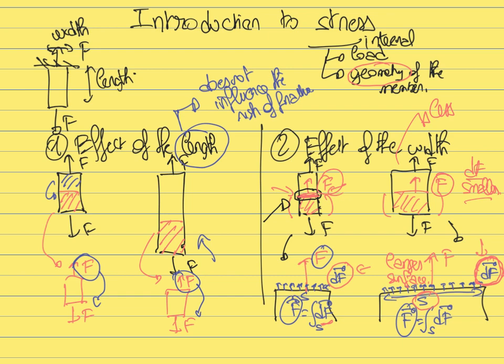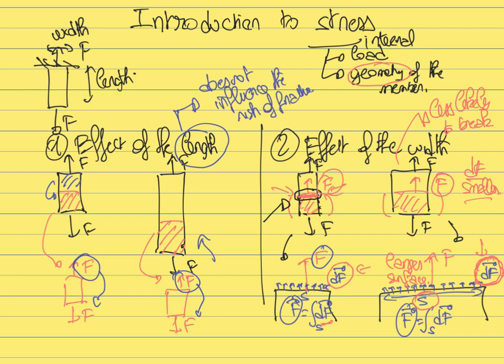Why? Because again, the member on the right is less likely to break. For the same force, it's less likely to break. Why? Because for the same force, this force is distributed over a larger area. So what this is telling us is that in the case of stress and in the case of estimating the